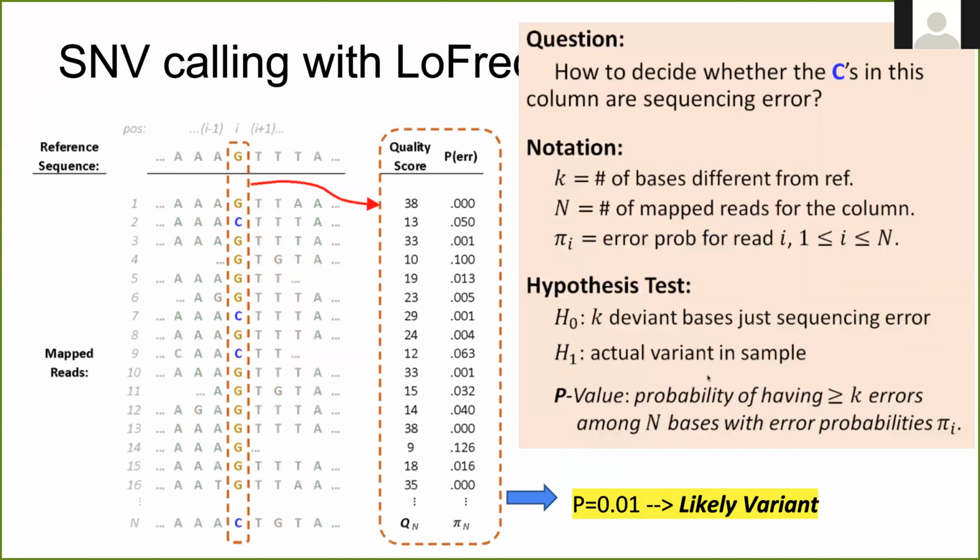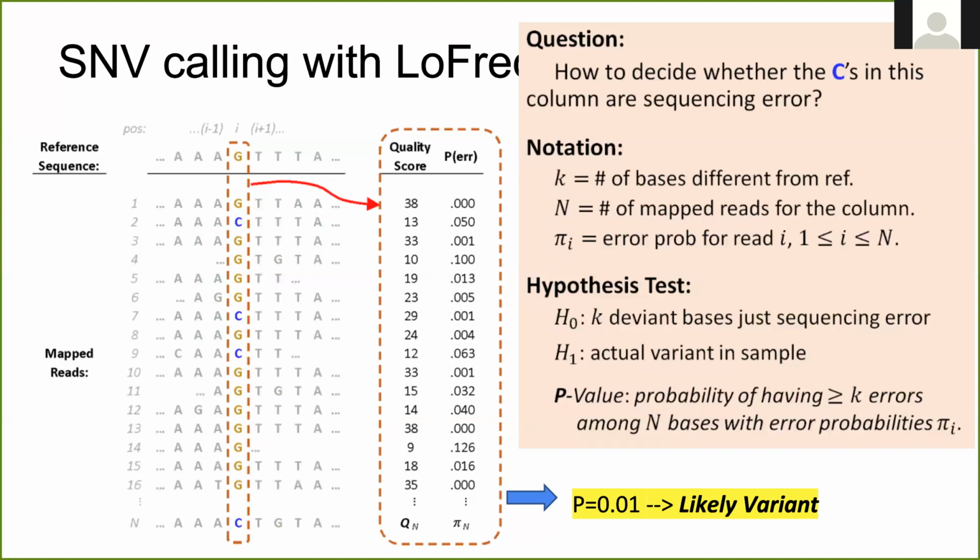With this information, we need to infer whether or not there's a variant present. What we have here is a classic hypothesis test, where the null hypothesis is that we saw the k variant bases purely due to chance given the error probabilities. And the alternative hypothesis is that there's actually an underlying variant that caused those base pairs to be called. We can do this by computing the survival function of the Poisson binomial distribution for everything greater than k. In this column, we get an example where the p-value is 0.01, which means we can likely reject the null hypothesis and assume that there actually is a variant present in this column.